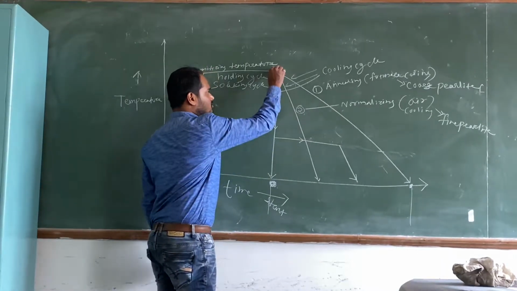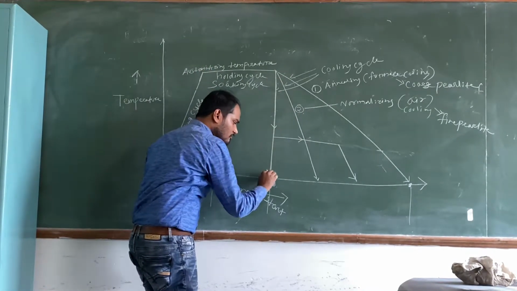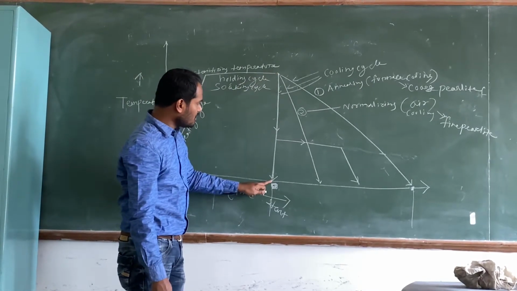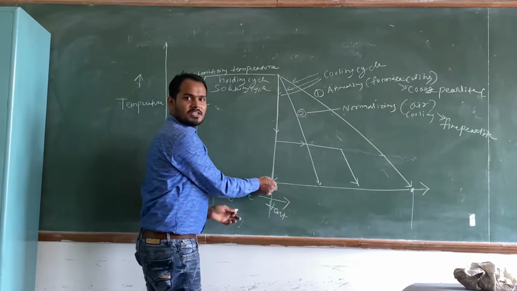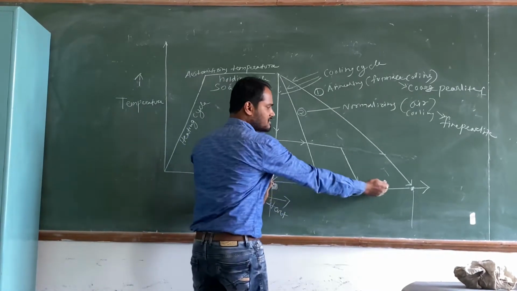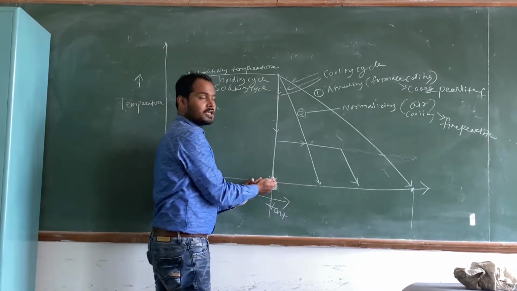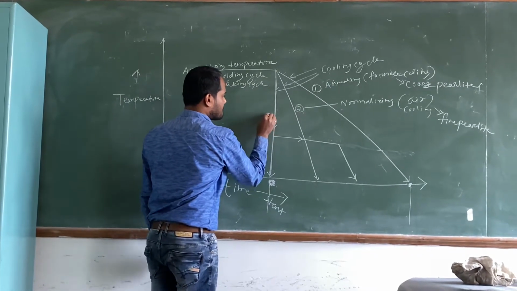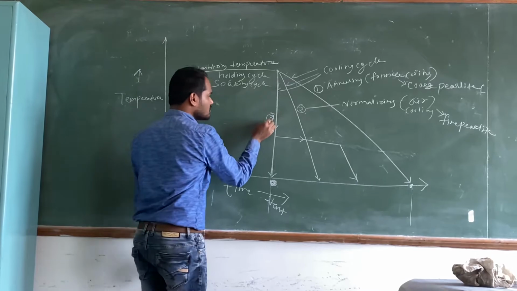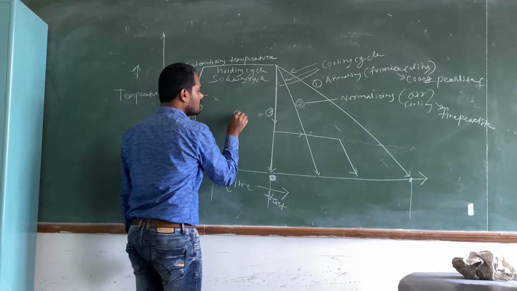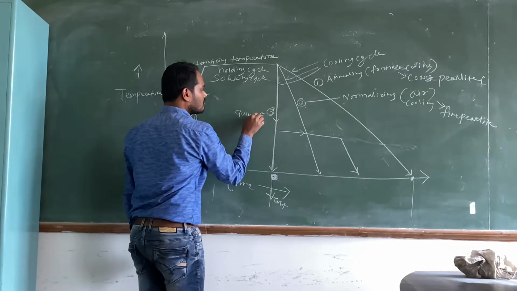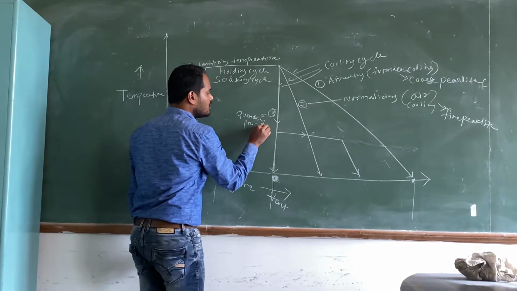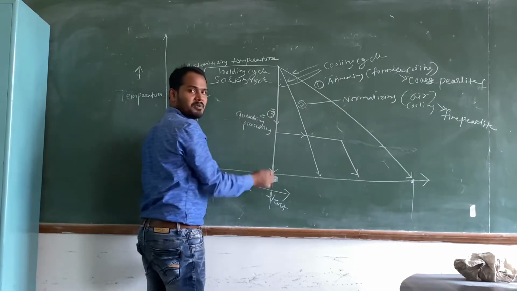Then you can see this one. This one is the fastest rate of cooling because cooling starts from here and ends here, meaning there is no time. You can see the time axis is this one. So there is no time for cooling. So this is a very rapid rate of cooling. So I am writing it 3. So very rapid rate of cooling. So this is technically called quenching process. Quenching process. So quenching means very rapid rate of cooling.